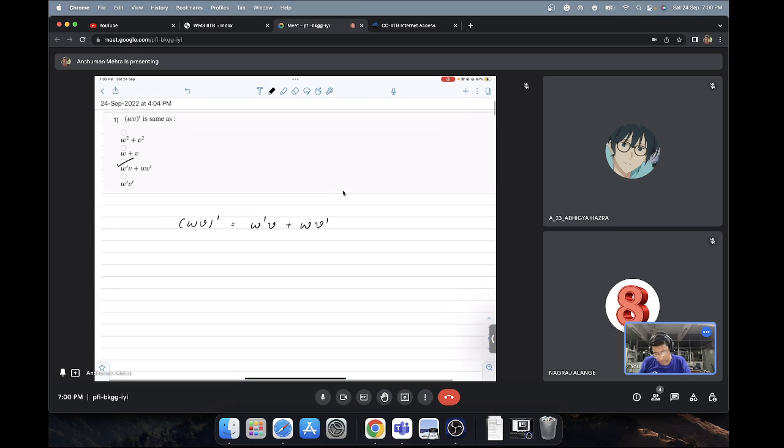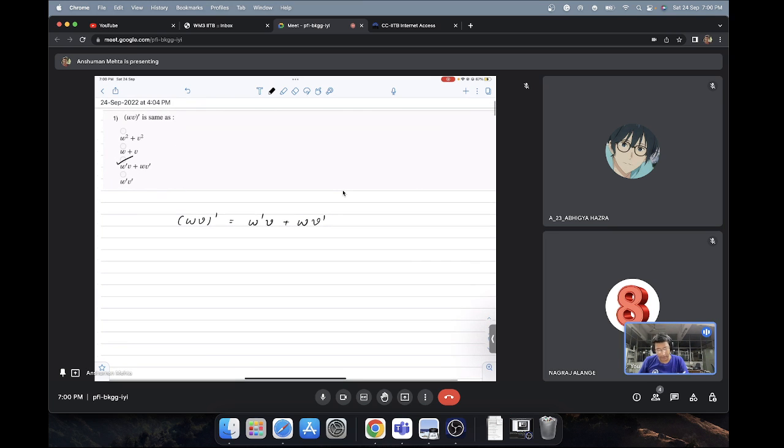Actually, the del operator also works in the same way. So del operator, if these are two functions, w and v, if it's a functional,